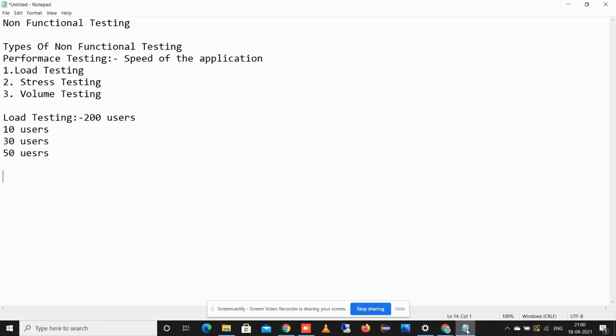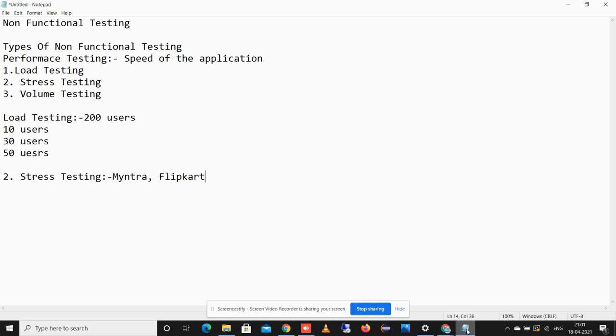Next is the stress testing. Sometimes the bulk load suddenly increases. For example, e-commerce websites like Myntra, Flipkart and other websites in the festival season, when they put up offers, the traffic suddenly increases a lot.